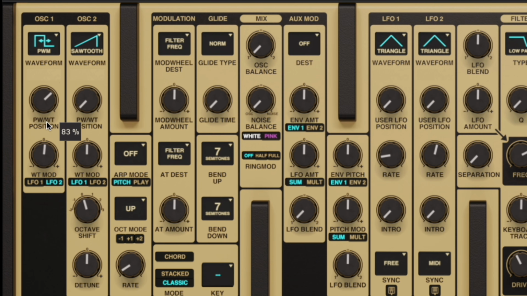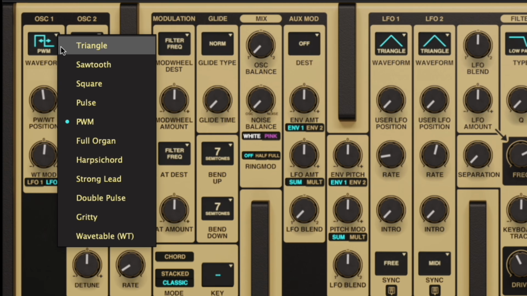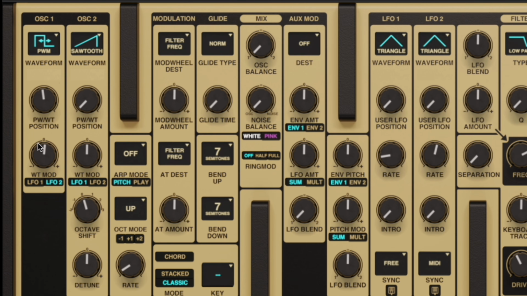Pulse width and the wavetable position. It only affects 3 oscillator waveforms: the pulse width, the pulse, and the wavetable. All the other ones do not respond to this one here. And then when you move this, the modulation is for the wavetable modulation. That's what it is for. And then you select which side is going to be affecting this. And when you bring this one